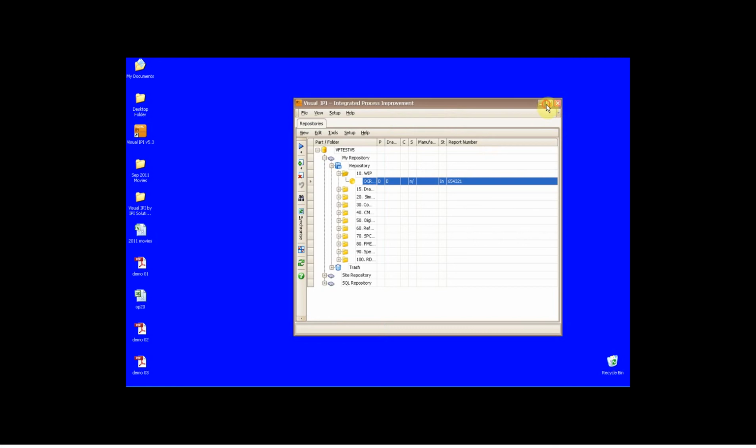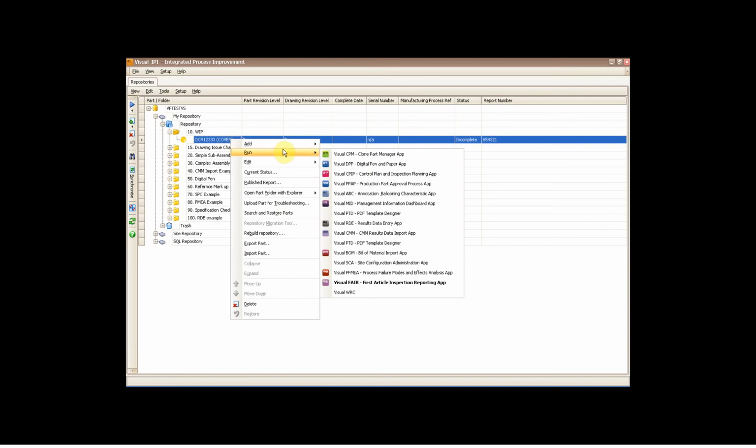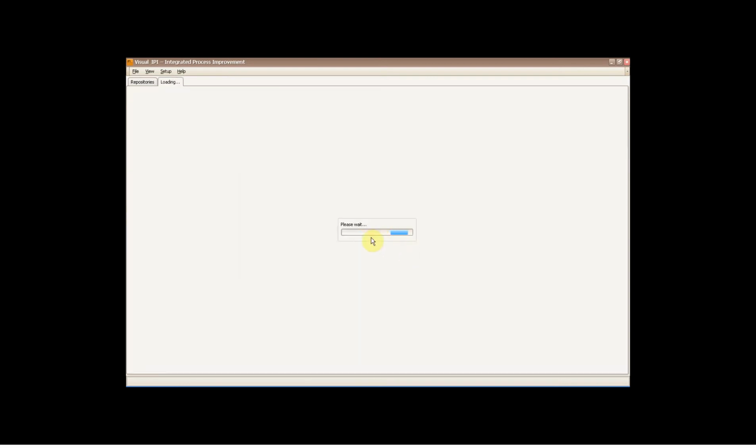So what I'm going to do is right click this time, and I'm going to run and select the Visual BOM Bill of Materials import app. This will open an app, and you can see now that I've previously not installed an update for this application, so we use the Microsoft Click Once technology, so it'll automatically install that update for me. So if I then go and click on open and select the parser, the BOM parser that I require,